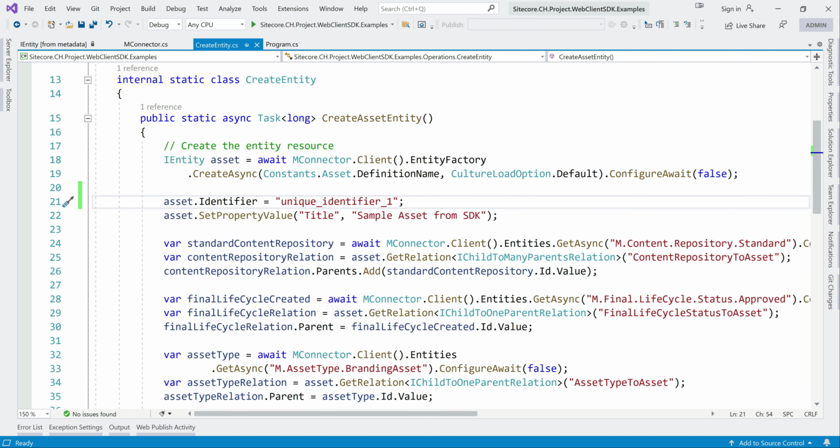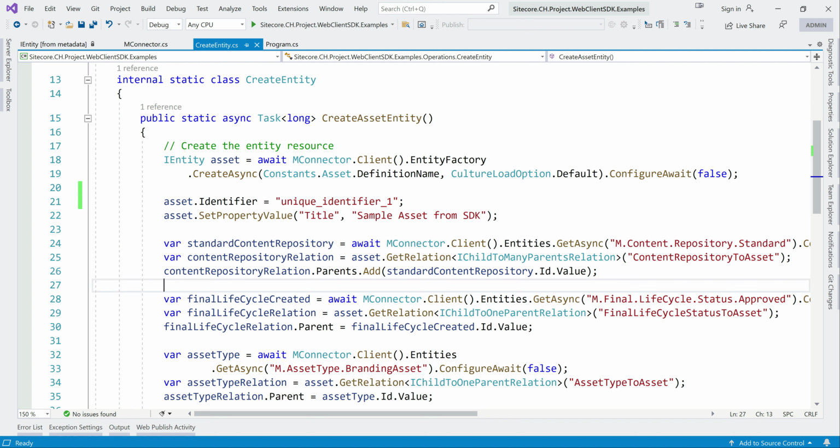We already have the content repository, which is the standard one, the DAM part of it, digital asset management, where we are uploading, and the final life cycle we have set to approved. But we need IDs for this identifier. So this is an identifier here.